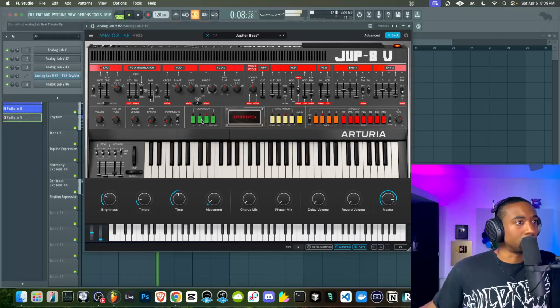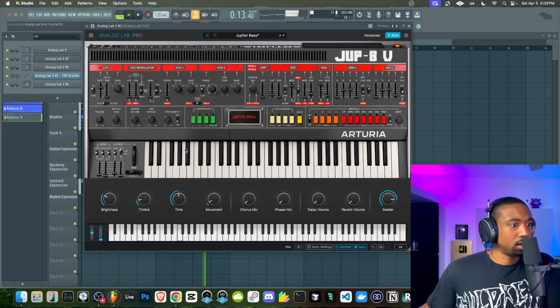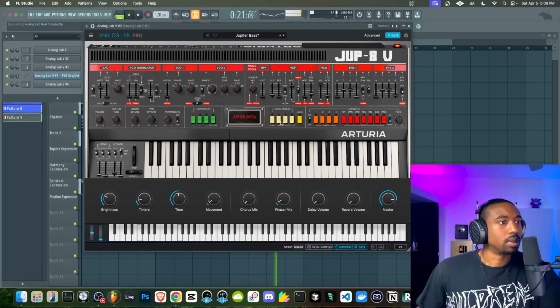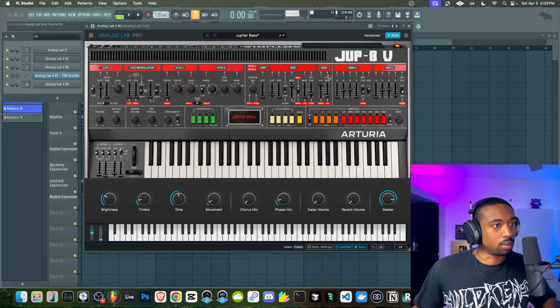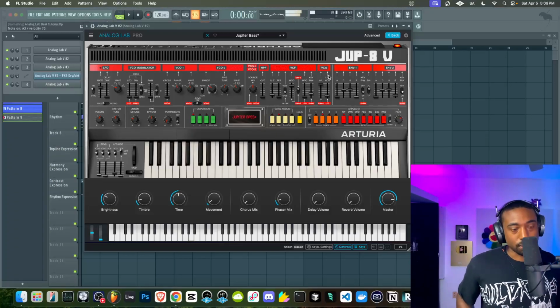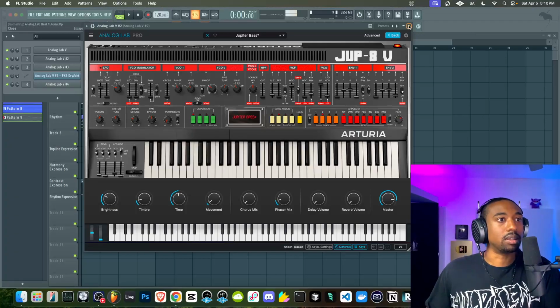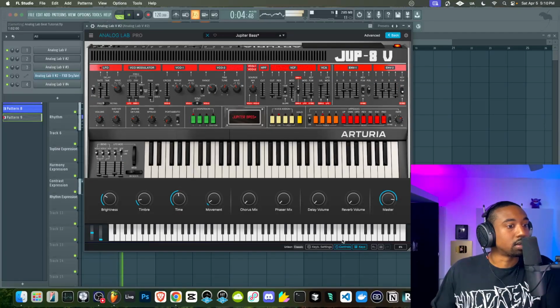I also think this needs more unison, but I'm not sure how to activate unison on here. I assume this is the button for it, but here it is. There we go. That's the sound area. Okay, boom, got it. So that's more of The Weeknd, that creamier sound is the unison. That's the sound. Okay, so it took me a minute to find that button. Let's pull back some of the compression here just a little bit.